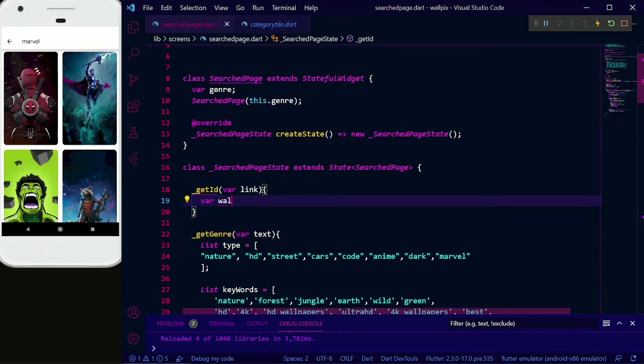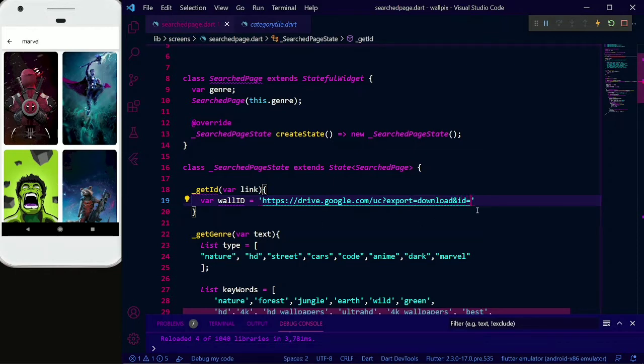So we will make a variable named wallID equal to https://drive.google.com/uc?export=download&id=.